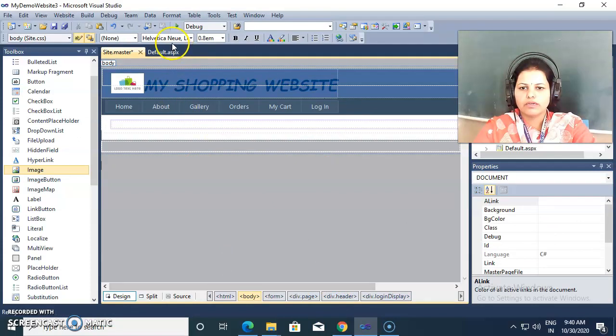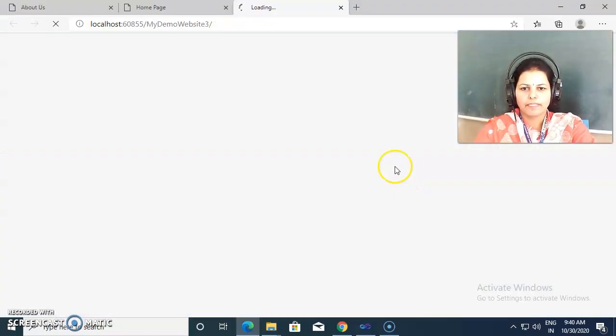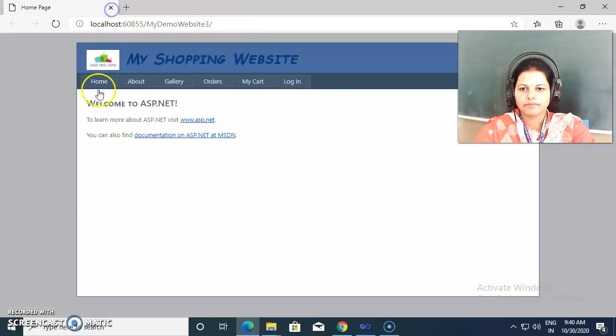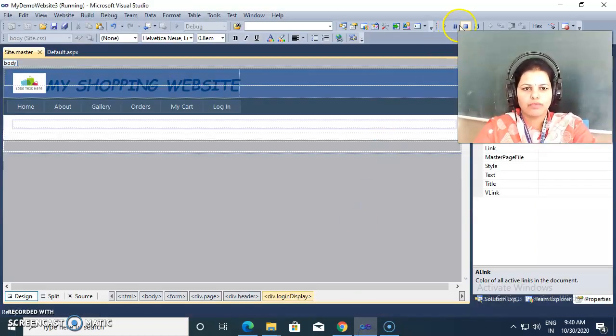Now if we check our website by running it, we may see here my shopping website and our logo is there. Then if I want to change the background color and the menus color, then we may change it. See how we can change it.